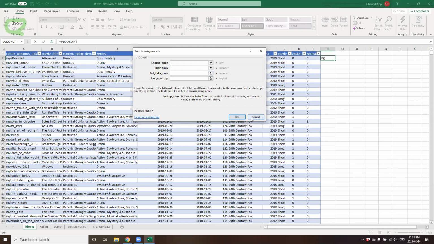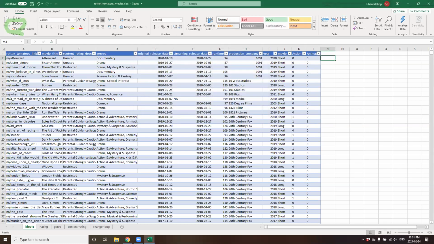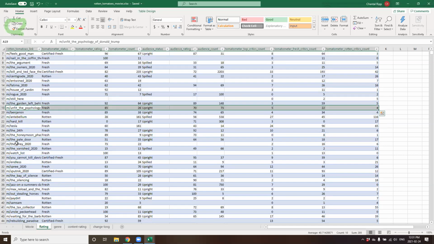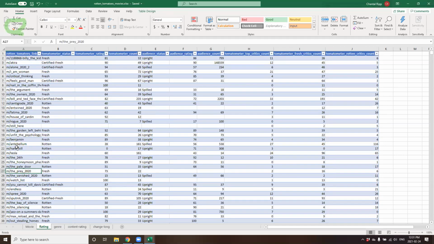And if I go, before applying this function, between my two data sets, I can see that the Rotten Tomato link here, this value, is a link to the movie title in the database. And if I go into my ratings data set, I seem to have the same type of values here. And since it seems to be based on the title of the movie, I can hopefully confidently say they would be unique. And so this is a common field between our two tables.